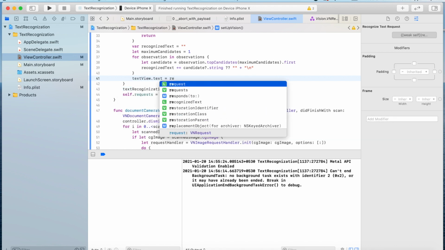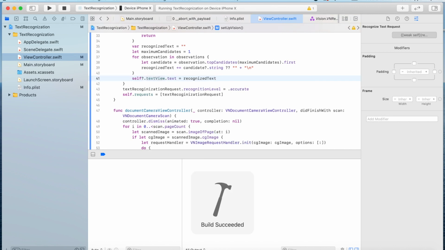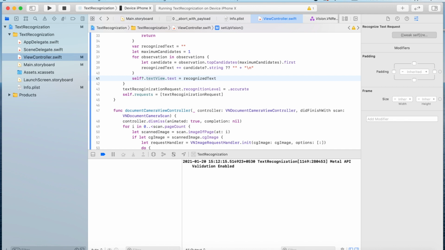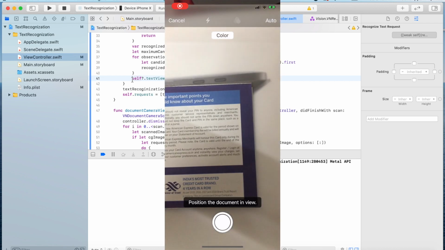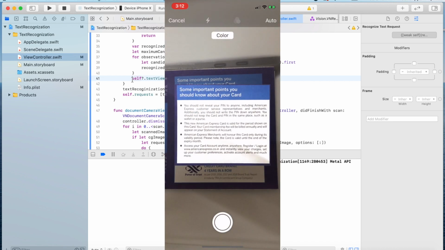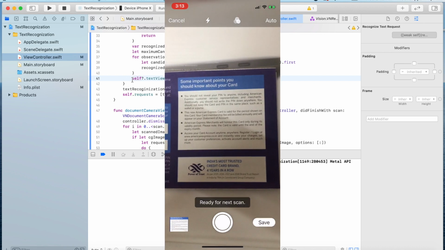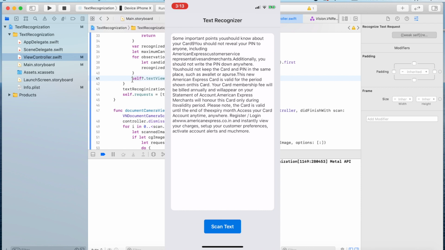Once all the observations are over, we are assigning the recognized text to the text view's text. So we will run and check, and this is the document we are scanning, and on save, the text is getting extracted and displayed on the text view.